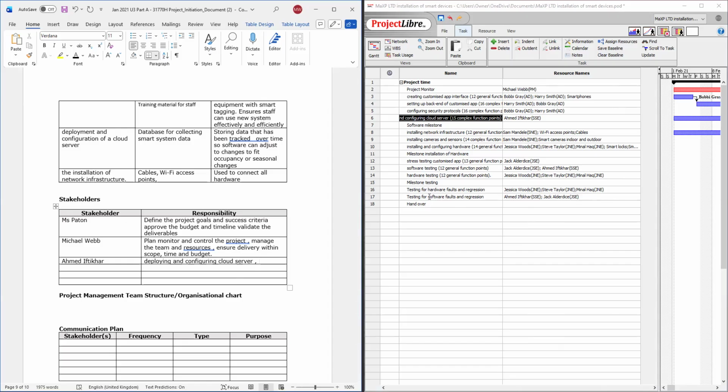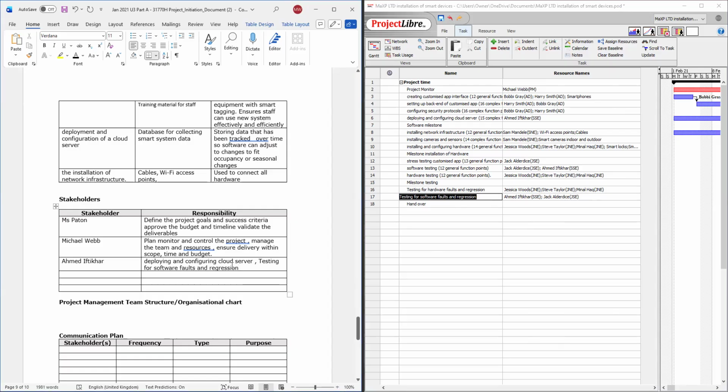So he's responsible for testing software regression. I'm just going to put him there. The testing for software faults and regression. So he's responsible for that. That's basically it so far for him.